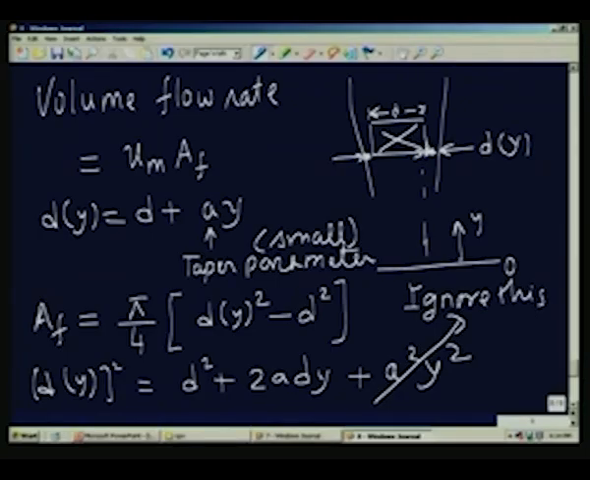If we ignore that, you see that d of y squared is d squared plus 2 a d y, and minus d squared, this d squared will cancel. So, this whole thing can be rewritten by taking the difference between that and that as 2 a d times y. 2 a d multiplied by y into pi by 4 is equal to A F, and therefore, volumetric flow rate Q